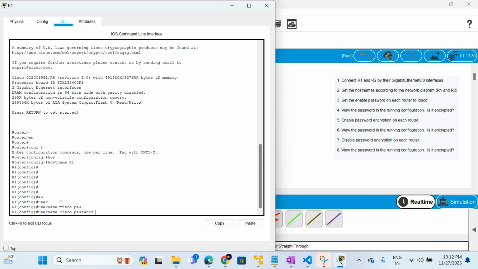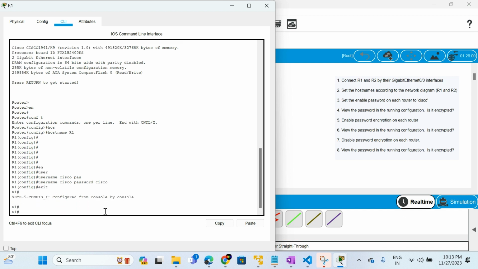Through this command you can enable the password. I will quickly show how to enable the user password. I'm keeping it as Cisco. So when I exit,